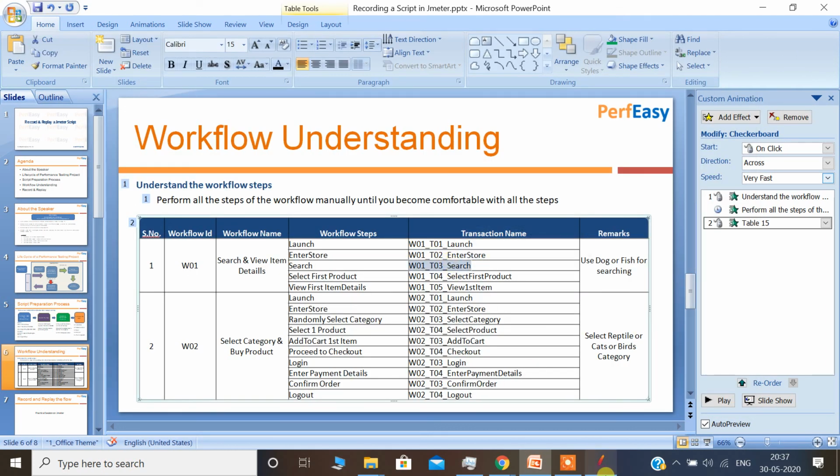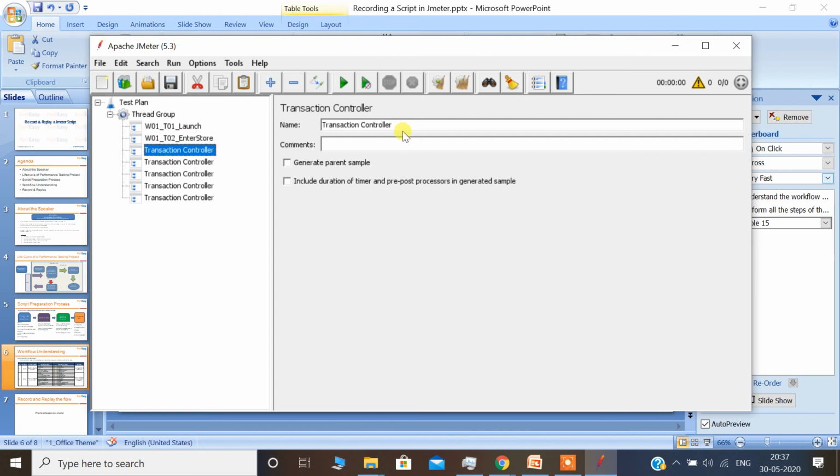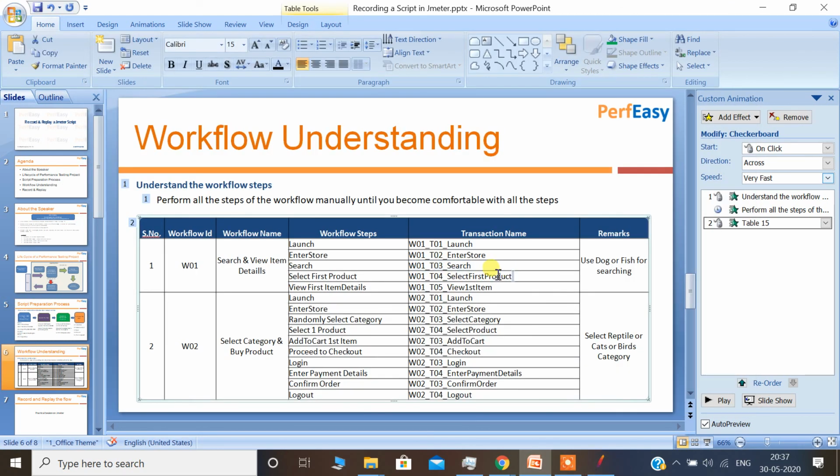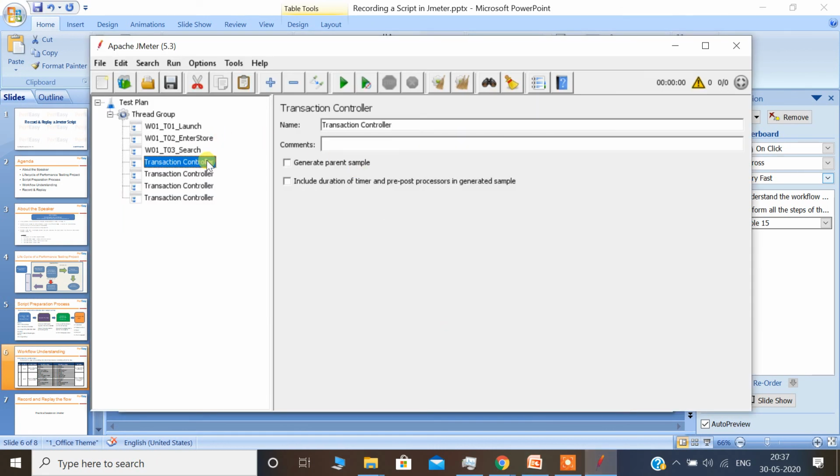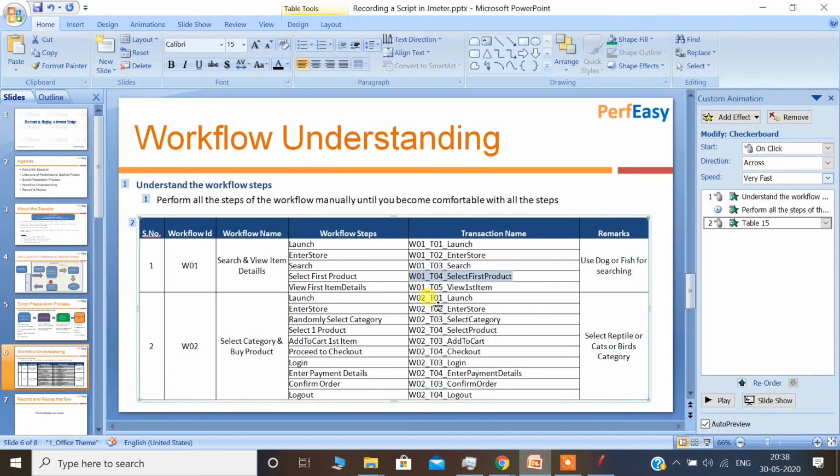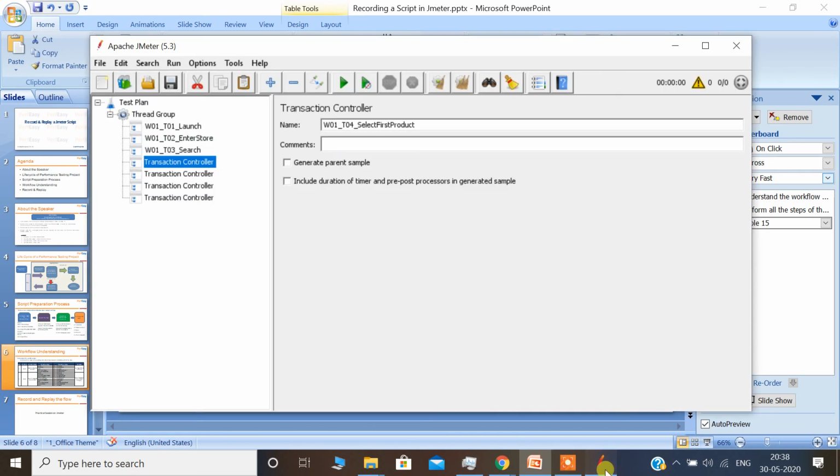Third is search. So each and every transaction controller should have a unique name and the name should correspond to our workflow. This is the fourth transaction controller, select product, and the last one for this workflow is the view first item.